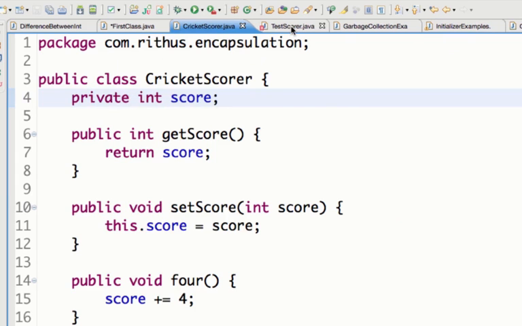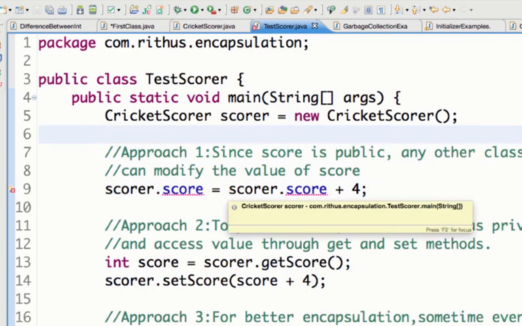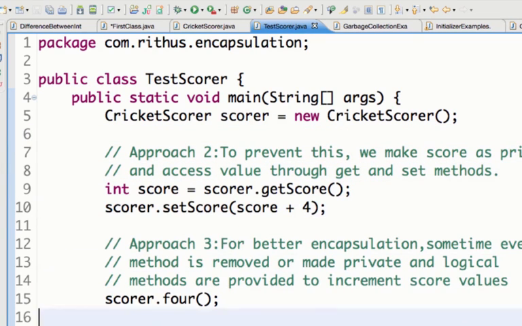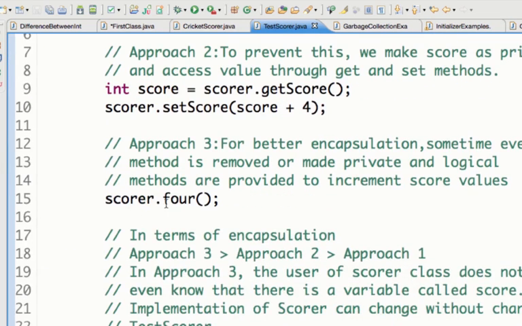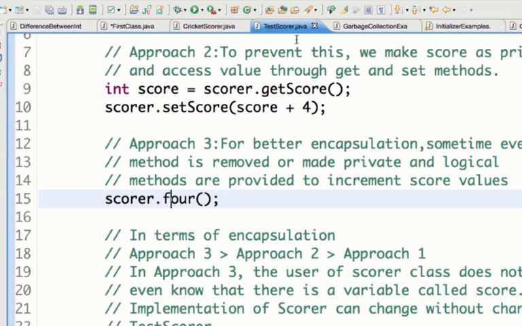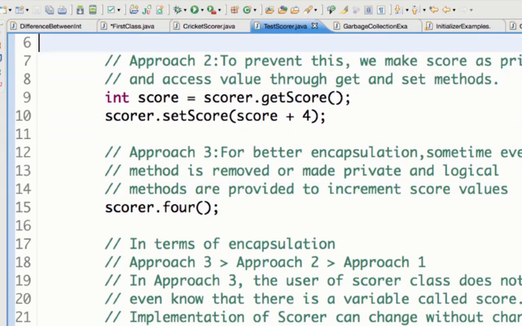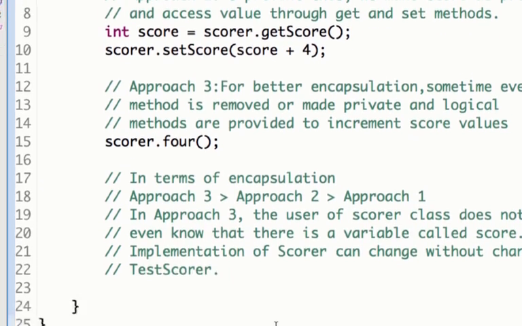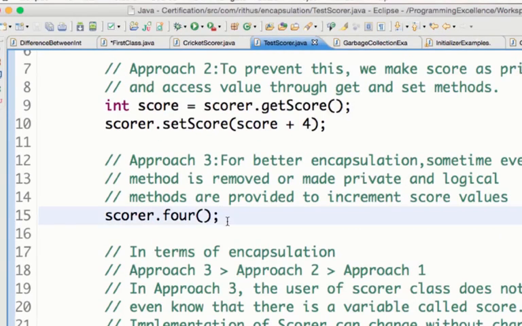score object private, and then you would see that I would not be able to do this. So then if I want to increment the score, the way I would do it is by saying scorer.score. So what I have done here is created a method. In this cricket scorer class, I created a method called 4, and I'm saying score plus is equal to 4. So whenever test scorer wants to say that a 4 is hit, it would say scorer.4. And if this test scorer wants to know what is the score, then it can use the getScore method. So instead of this, I can say scorer